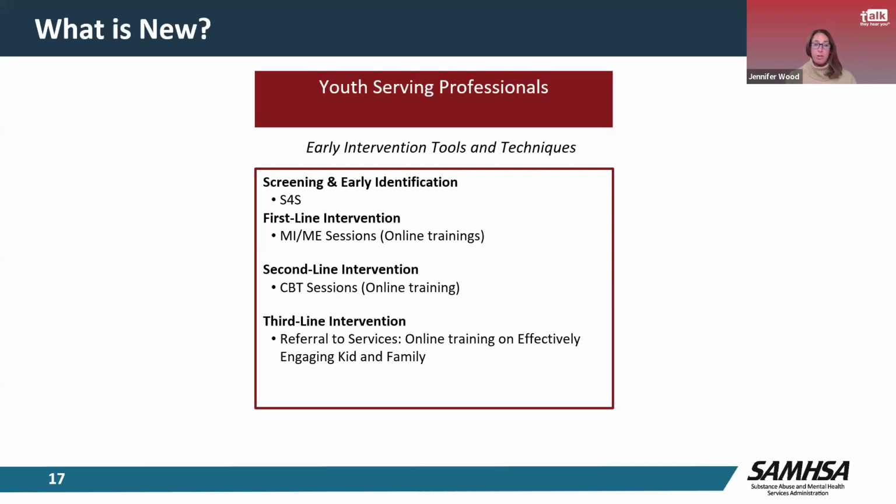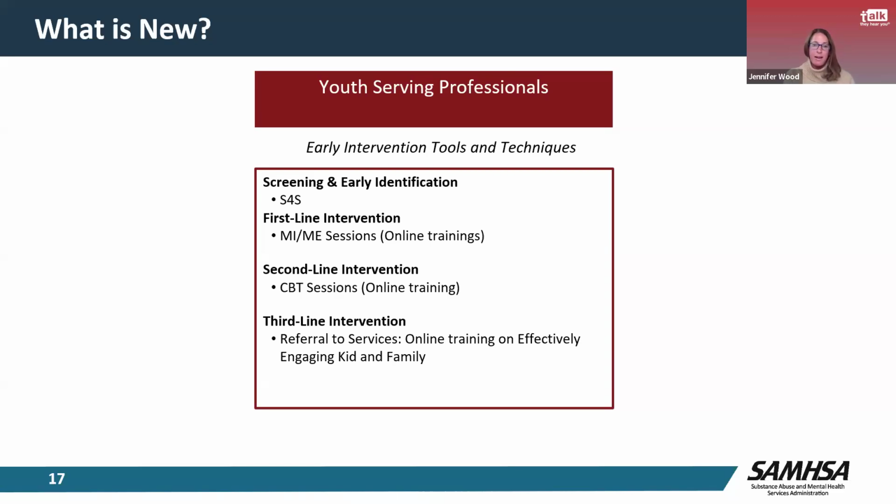And it really equips adults who interact with youth daily to respond with care, skill, and confidence. The approach is similar to the way annual health screens are conducted. We have a free screening tool, which I'll talk about in the next slide, but I'll give you a little teaser. It's a free screening tool that's available on demand. It's online. It's called Screen for Success. And again, it's free. I know I said that, but I think that's really important to emphasize.